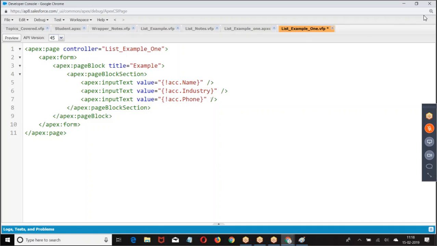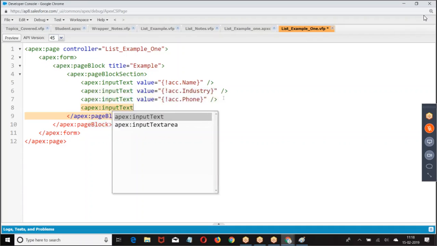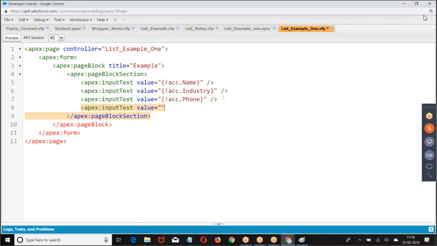We are given this. Apex input text, value equal to ACC dot. Now let me create the next one.